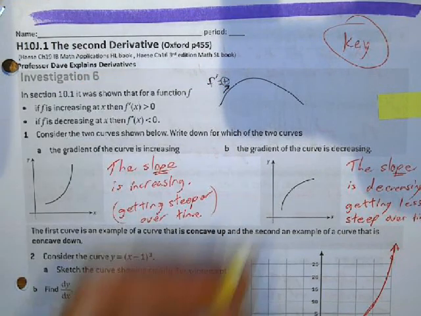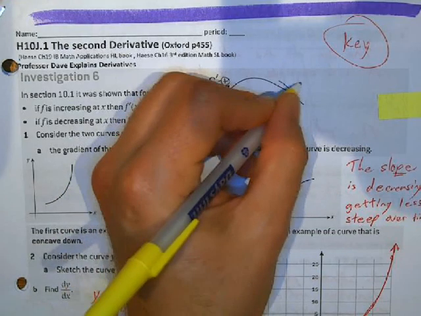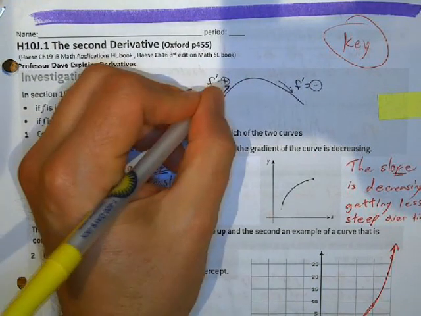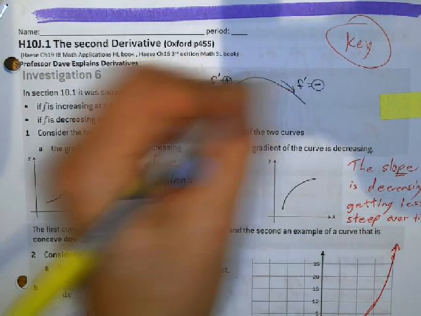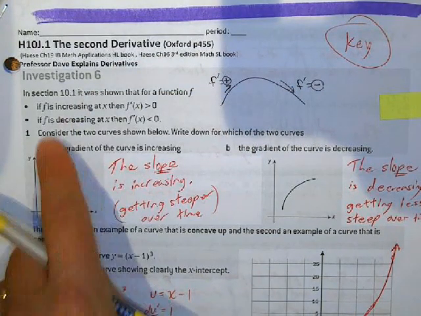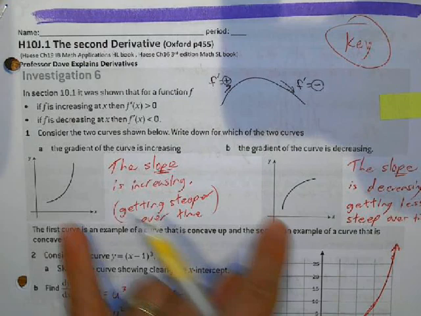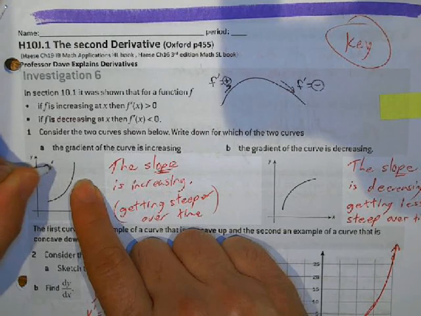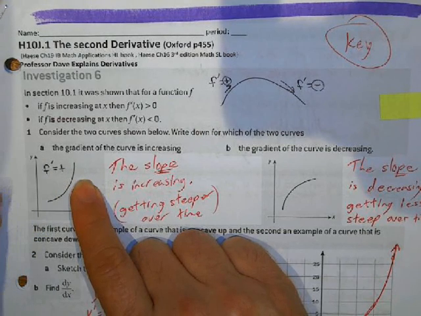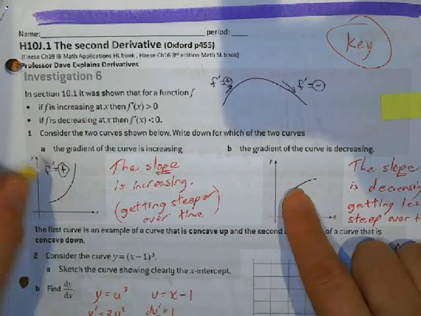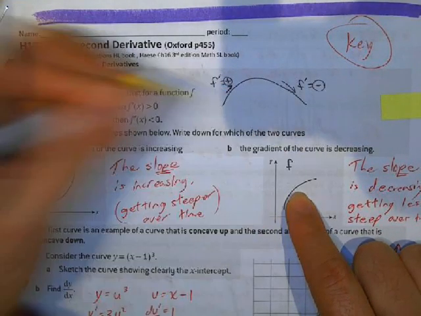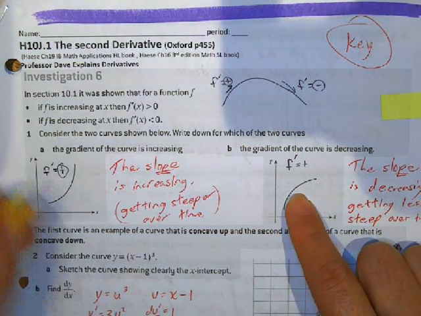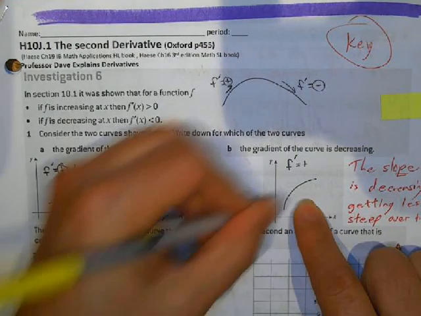And if we've got a graph that's going down, we know the first derivative is a negative number, right? All I care about is the sign. Is it positive? Is it negative? Now we can look at both of these, and we know here it's going up, so the first derivative is positive. And here the first derivative is also positive because it's going up. The tangent line is going up